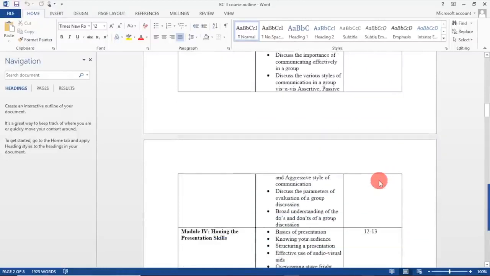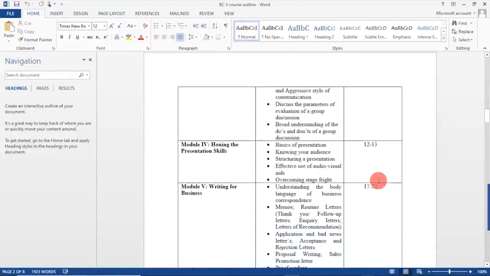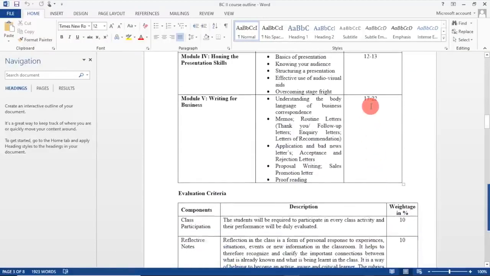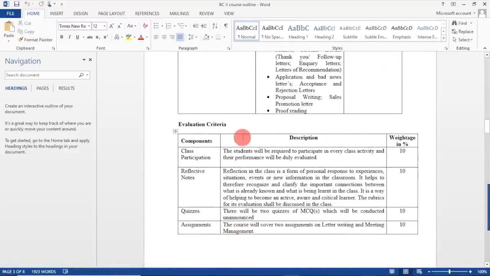Module 3, what is the amount of time we are going to devote, and that is how 5 modules we are going to discuss about the timings which we are going to give, and it is given 17 to 22 sessions. So remaining 3 sessions will be based for presentation and role plays, whatever the faculty has decided to implement in the class. It also clearly tells what type of evaluation criteria the faculty is going to use.